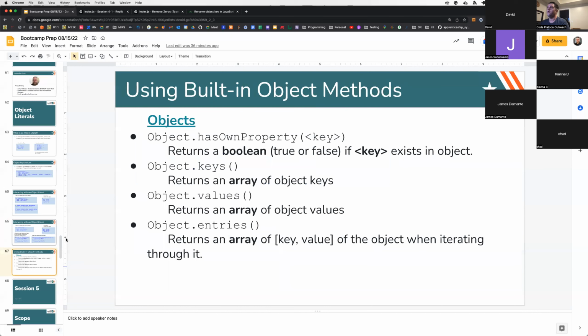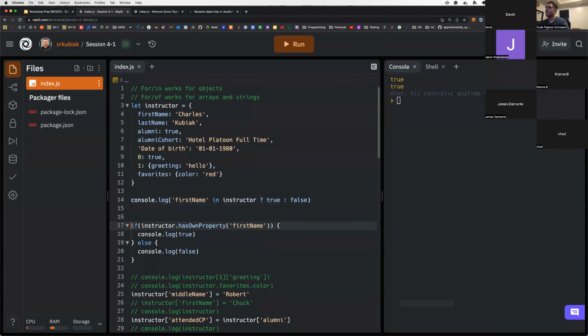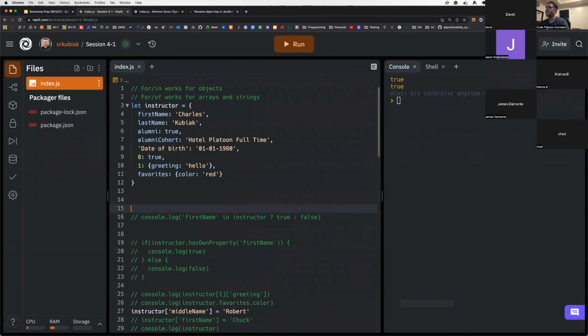All right, so built-in methods on objects. So object hasOwnProperty, which we just took a look at. Object.keys, and let's see, returns an array of keys. So if we want to know all of the keys inside of our object, so we could say log, and say